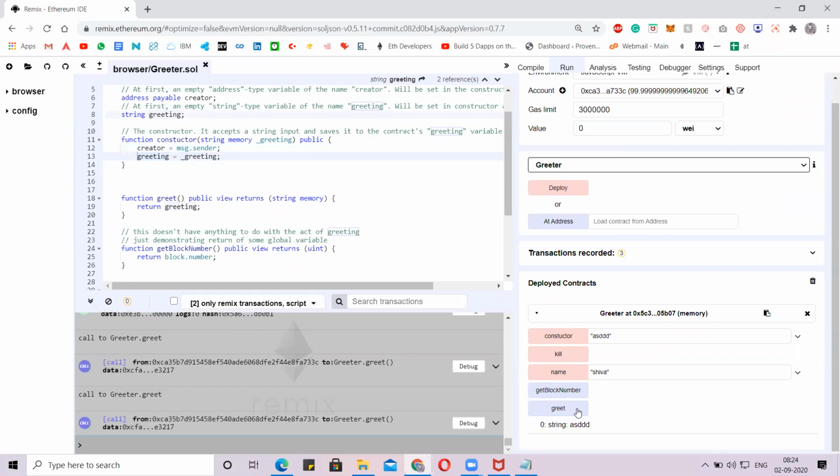First, the state variable will pass the data to the global variable. From the global variable, we can retrieve the data anywhere, like in any function. That's the reason state variables are restricted to those functions. Global variables can be called anywhere in the contract. Is that clear, guys? That's the difference between state variable and global variable.